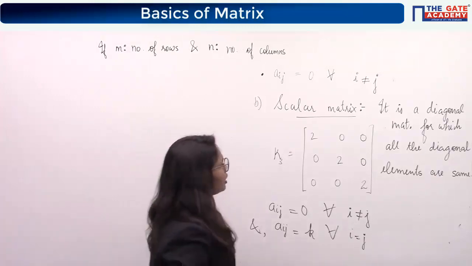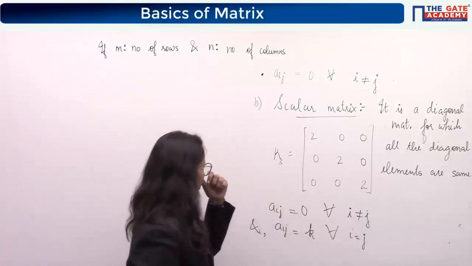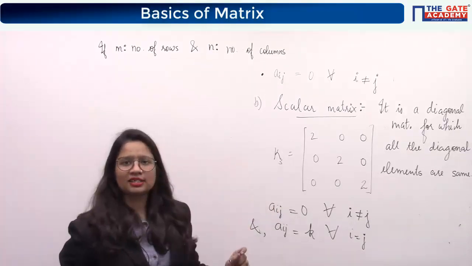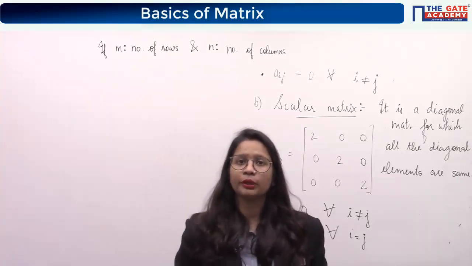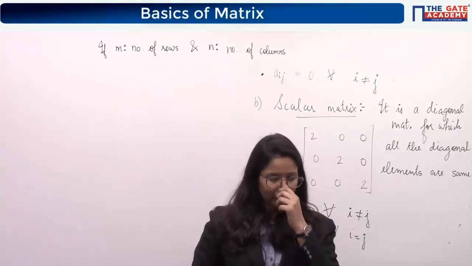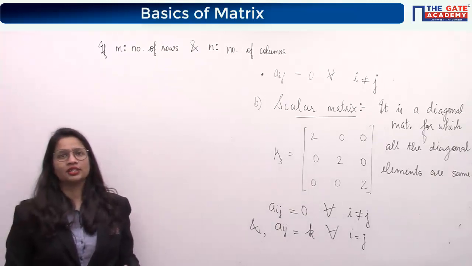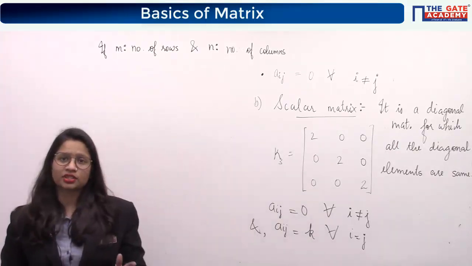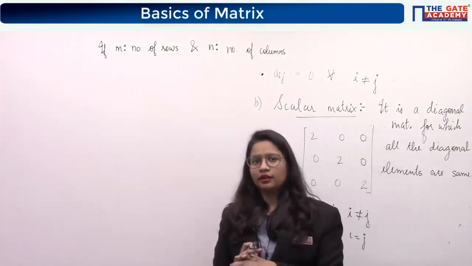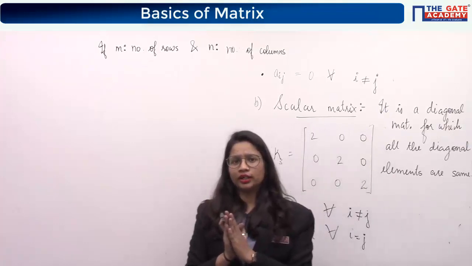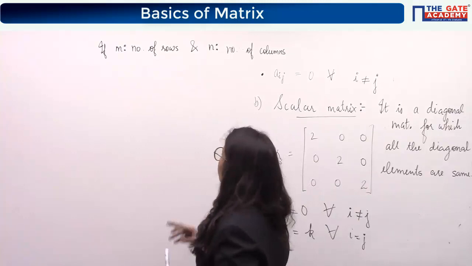This was the scalar matrix. Now one thing that I'd like to ask here. What do you mean by a scalar? I'm not saying scalar matrix, I'm saying what do you mean by a scalar? Or what is the function of a scalar? What do you understand by scaling or scalar? That it is a quantity which is having magnitude only. Okay, right. A physical quantity which has just the magnitude and not the direction is a scalar quantity.